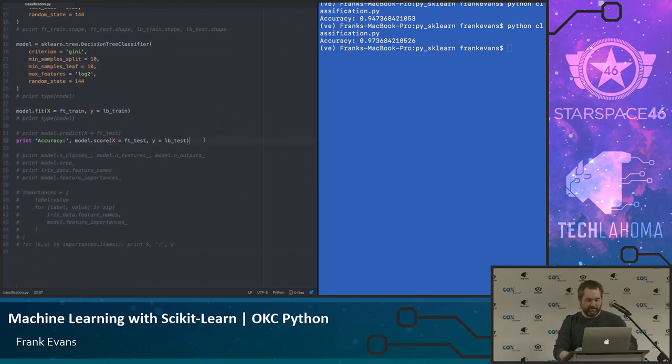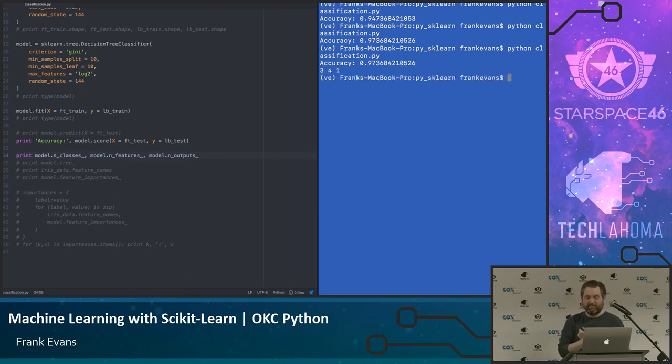And I want to be able to go a little further than that. I don't want to see only that, although we'll leave the accuracy there. It's good to know. I can get a few other things from it that give me some high-level information. So this is the number of classes. There are 3 different classes, so I'm guessing amongst 3 different things. If I just randomly guessed, it would be a 33% chance, so the information gain is 97 minus 33, et cetera. There are 4 different features: sepal, petal, width, length. The number of outputs is only 1, so we're only trying to guess one thing, even though it has 3 classes. That's useful to have.